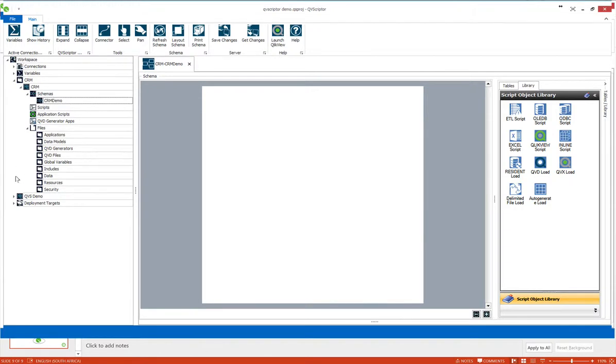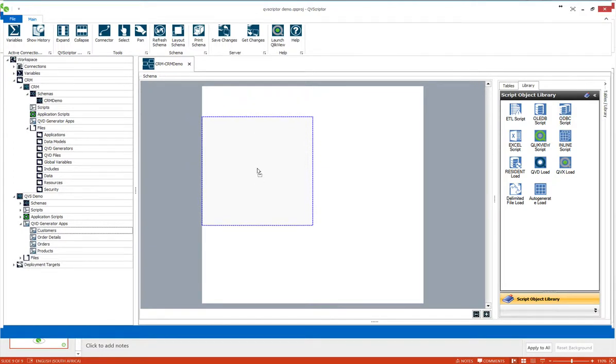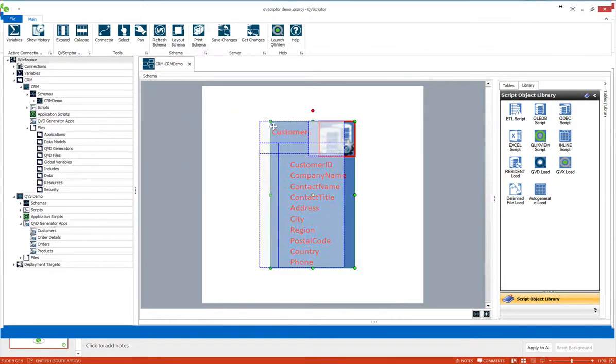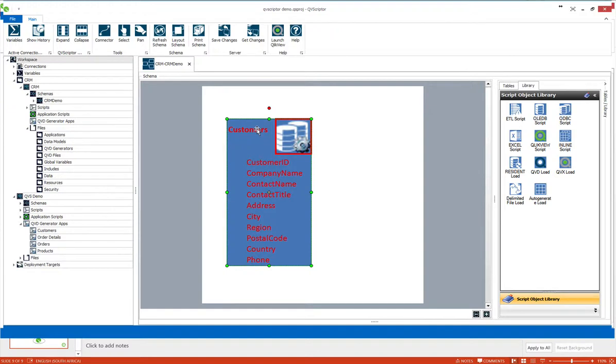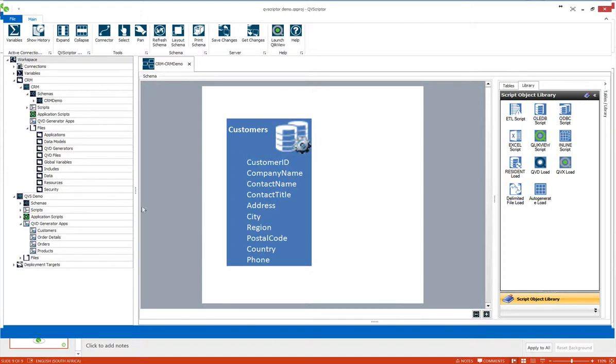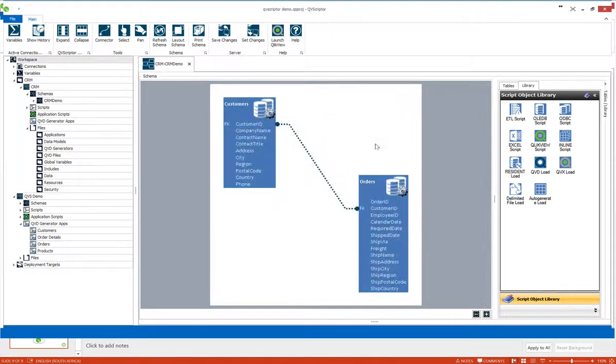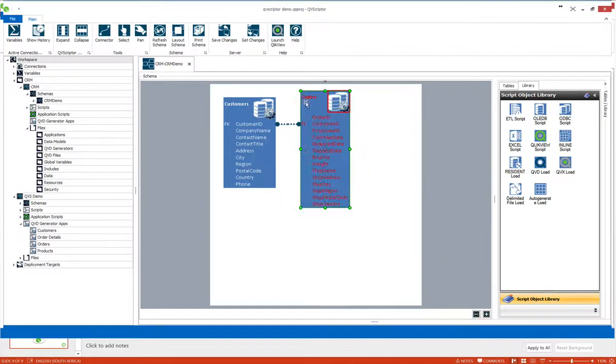So there are two ways that we can support a development user. They can either use the existing scripts that they have for generators. So if I look under my generators here, I have customers. So what I can do in my CRM demo project, I can use that QVD generator script and generate an application from that, or I can use customers and then orders, for instance. Those are two generators,